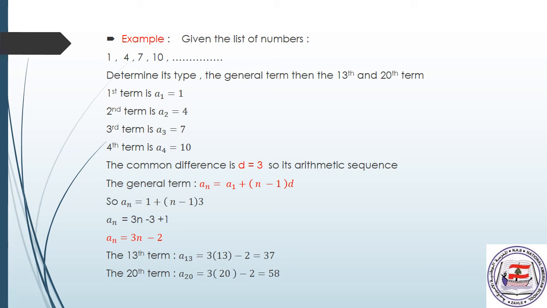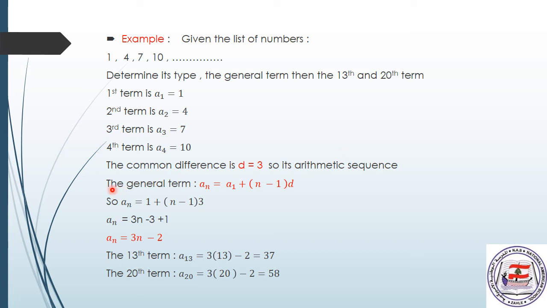Let's take another example. Given the list of numbers 1, 4, 7, 10, determine the type, the general term, and the 13th and 20th term of this sequence. So first, the first term is 1, the second term is 4, the third term is 7, and the fourth given term is 10. The difference a2 - a1 is 3, a3 - a2 is 3, a4 - a3 is 3. So we have a common difference d equal to 3. So the sequence is arithmetic